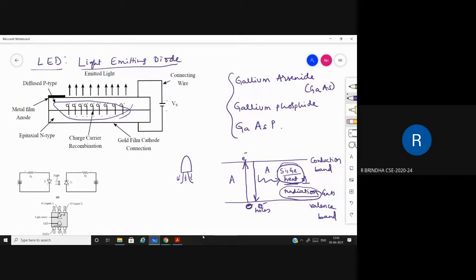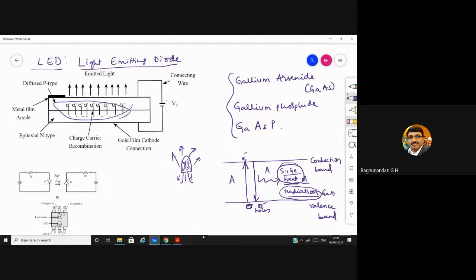No, sir. No, right? It has to come only in the front end like this. Since the recombination process takes place here, the light can be emitted in all directions. So this light, if it comes in the downward direction, towards the cathode, it will be useless. In order to divert the entire light towards the other end, we'll be using this gold film cathode. So all the light will be concentrated on one side, so that the light will not come on the other side, and light will be emitted through the anode end.